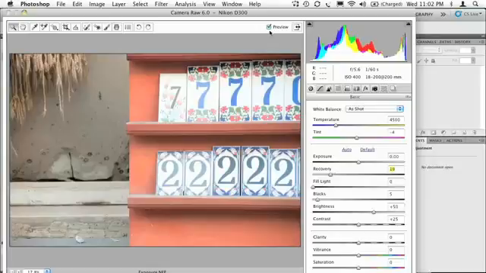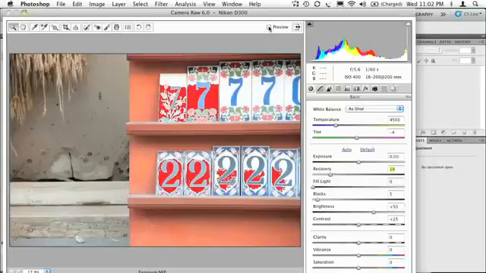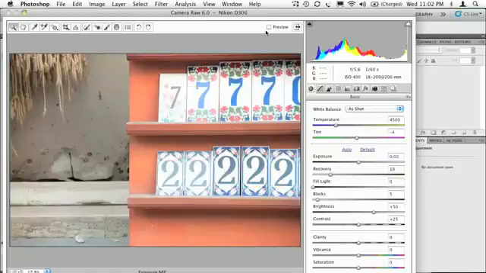By the way, here's the preview. Here's before. Let's turn that off. And after. See, it's a pretty subtle change, but number 1, you were losing data. Number 2, you recovered it. You captured it. By the way, you can use the letter P on your keyboard to toggle the preview on and off. So for the rest of this class, if you see me saying, let's take a look at a before and after, chances are what I'm doing is just hitting the letter P to give us a before and after. All right, so we've got the exposure thing down. Now, next,